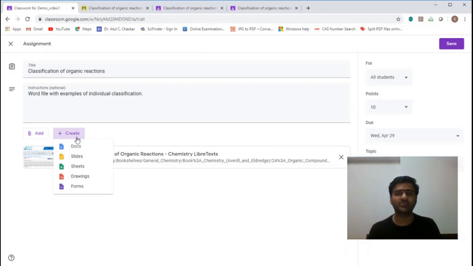Most of the times your submissions are in the form of either a PowerPoint, they could be in the form of an Excel file, they could be in the form of a Word file. And thanks to our Google apps, we have all these three available on the Google platform itself. So you have Google Docs for all the Word related requirements. You have Google Slides for PowerPoint type of submissions, and you have Google Sheets for all the Excel type